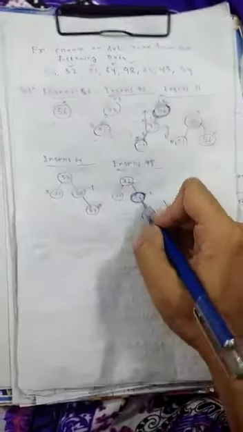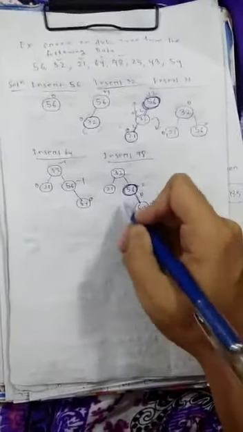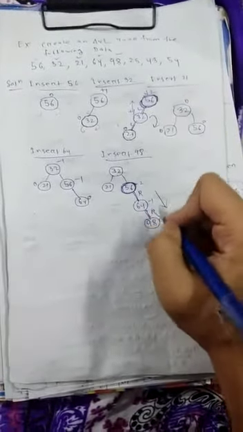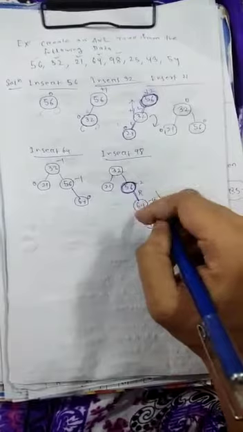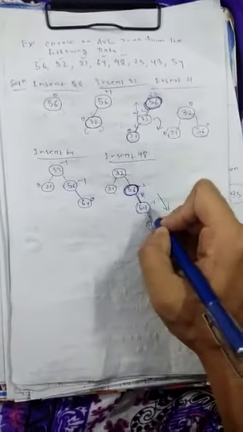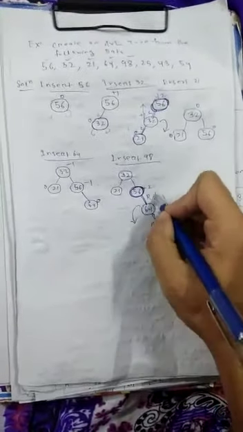Then we have to consider two hops, one hop and two hops. What type of structure do you find? This is your right-right structure. So we have found the right imbalance. If we find the right imbalance, we perform one rotation, that is the left rotation. So this is your middle, this is your right. We perform the rotation and this goes to the upper.